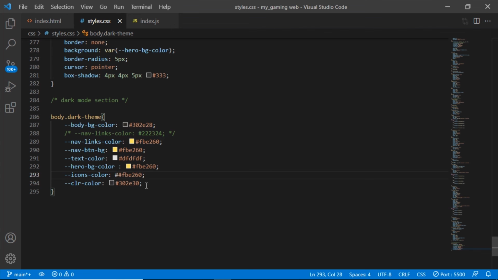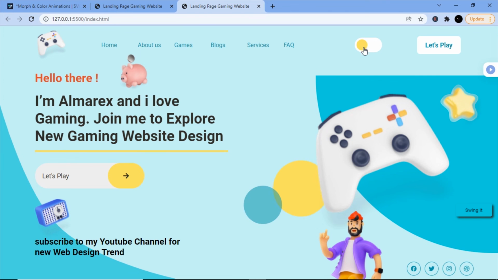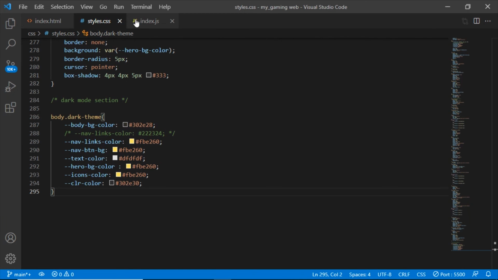Now that we have all our variables, we want to start adding our JavaScript functionality. Right now, the new variables that we created don't have any effect on our web page, right? And whenever we click on this button right here, it's not gonna change anything. So to do that, we're gonna start our JavaScript functionality, and what we're gonna do is select the button,